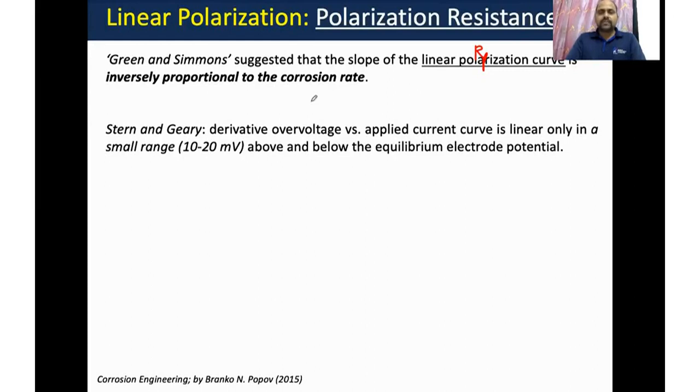So we are just trying to understand a whole cell in which the anode reaction is on one side, where the metal is going to get oxidized or corrode, and on the other side there are some other cathodic reactions, which could be this depending upon the medium. If we have an acid solution, then this first reaction will be there. If we have an alkaline solution, then the second reaction will be there.